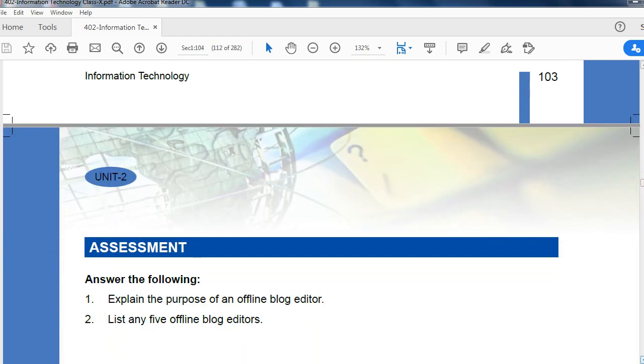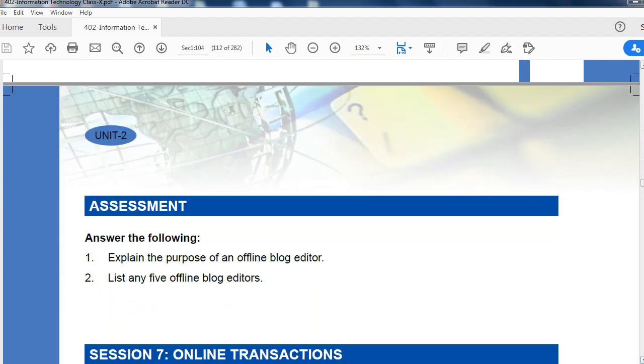Right now no blog has been selected. So in this way, you can publish the blogs when you are connected to the internet, right? So all these software give you a lot of facilities so that you can create blogs offline, and then you can make them online whenever an internet connection is there.